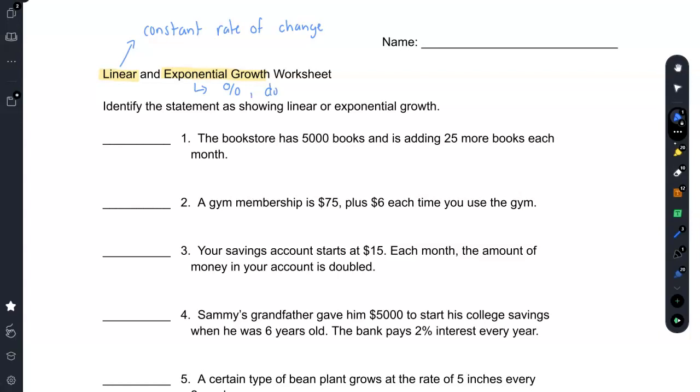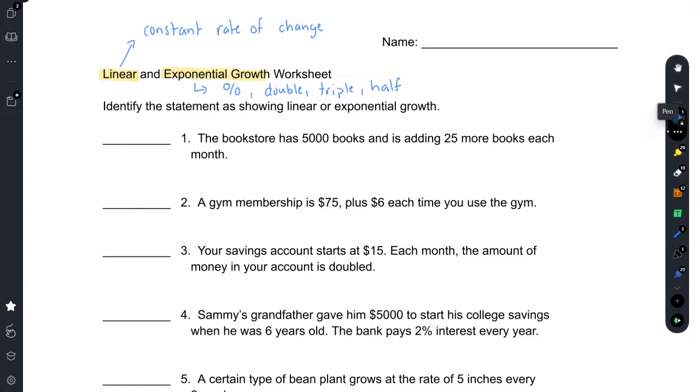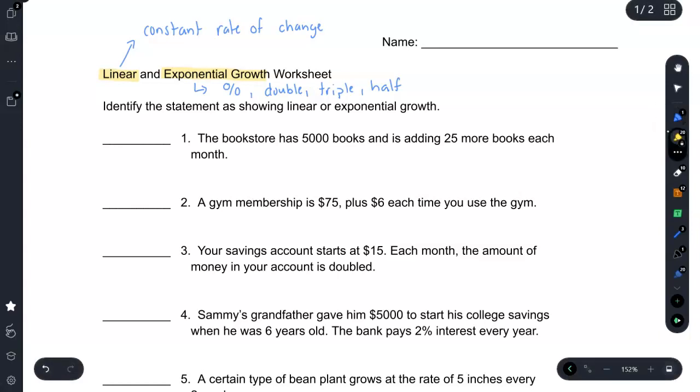If it is doubling or tripling or cut in half, right? All of those things would signify that this is growing exponentially. I'm going to go through the first 5 of these, and then I'm going to leave the next 10 for you to do. And I'll explain some of these as I go through, so stay tuned. So with number 1, I have